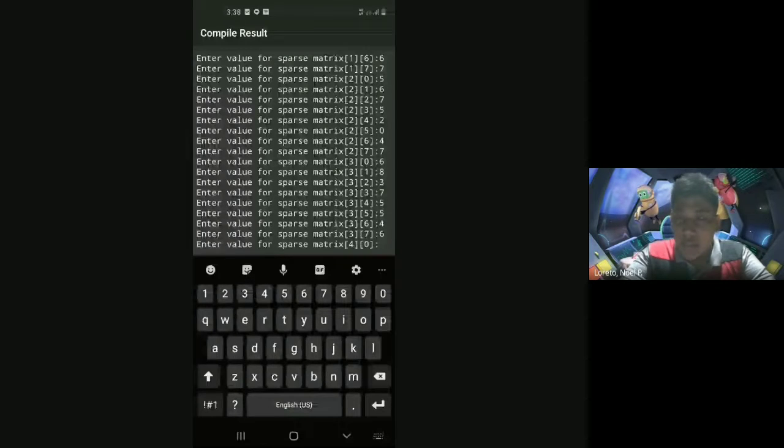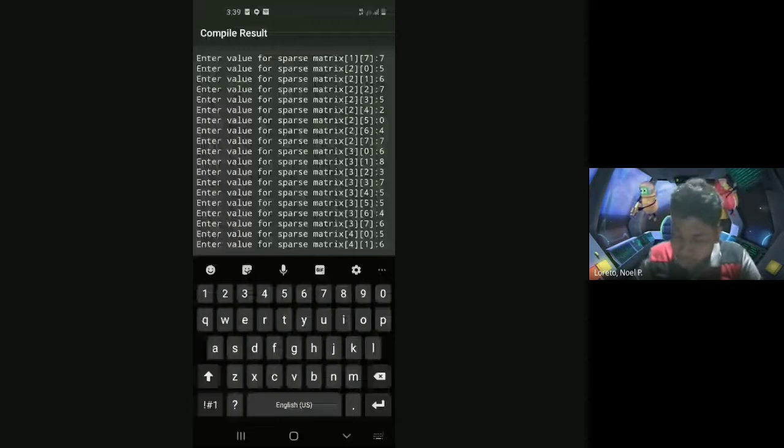Since it is i plus plus, when it reaches column 7, which is the end of the loop, it continues from 3. Then 3 plus 1 is 4, which is the i plus plus. For row 4, column 0, we put some values: 5,